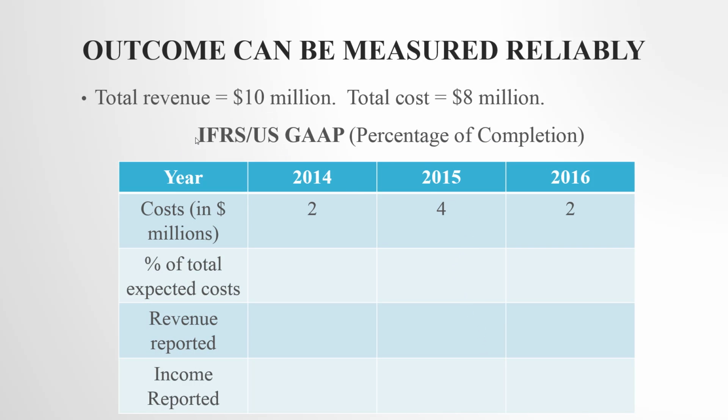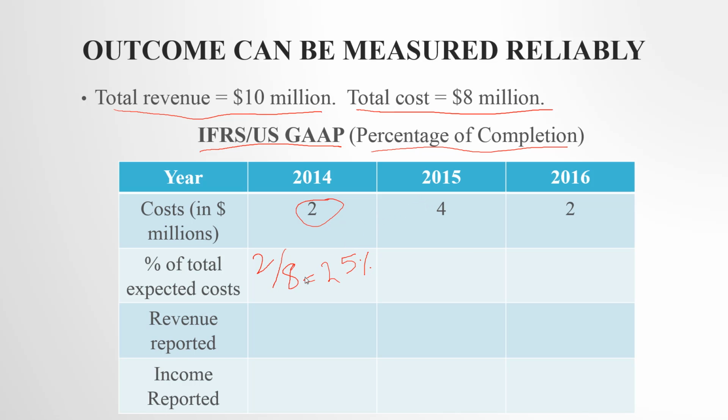Now the total revenue expected is $10 million and the total cost is $8 million. We're using the percentage of completion method, which is the same under both the IFRS and the US GAAP. Total cost incurred in 2014 is $2 million. Now, what percentage is that of total expected cost? Total expected cost is $8 million. So this is 25%,